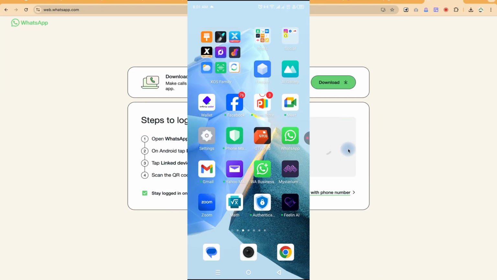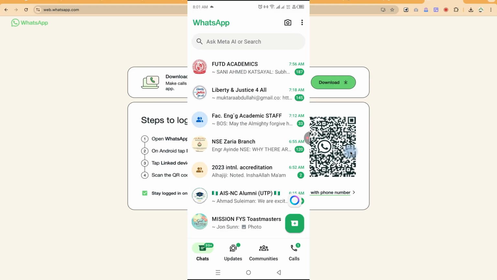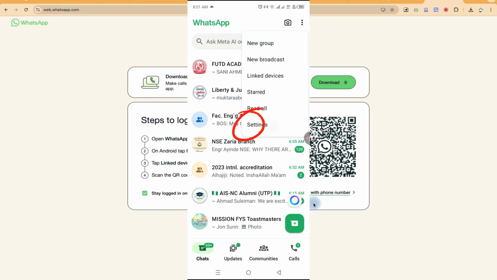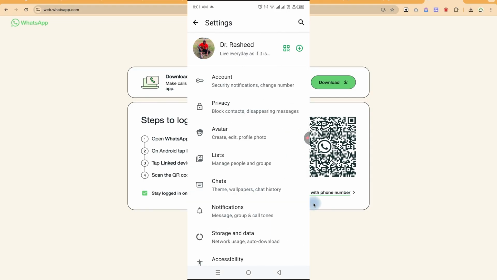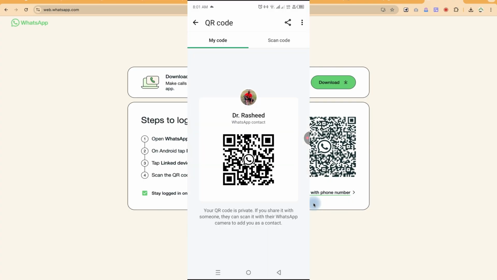Step 1 is to open your WhatsApp, which we're going to do here. Let's open one of my WhatsApp accounts, and then you can go to the menu. You can come to these 3 dots, go to settings, and then you can see this QR code that you can tap because you have an equivalent QR code here. So you can just click on this QR code, just tap on it,